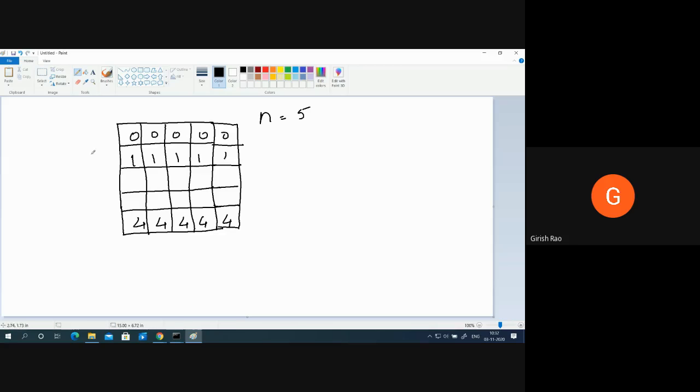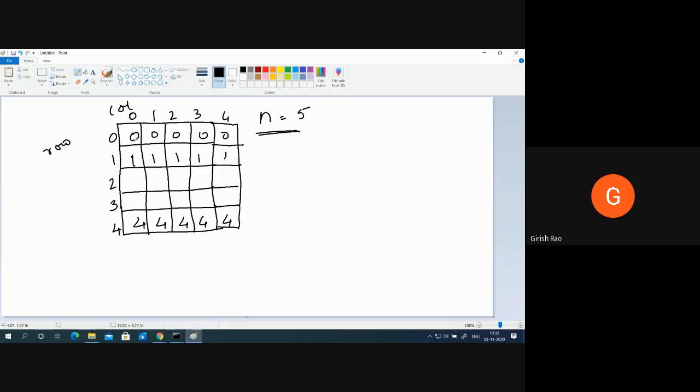So if you look over here, we had got two parameters, rows and columns. So the row is running from 0, 1, 2, 3, 4. So 0 to 4 will be 5. And the columns is again running from 0, 1, 2, 3, 4. This is just for the explanation I have taken.